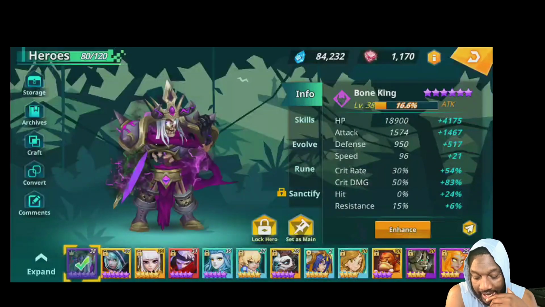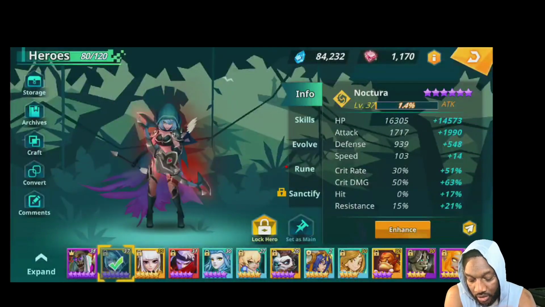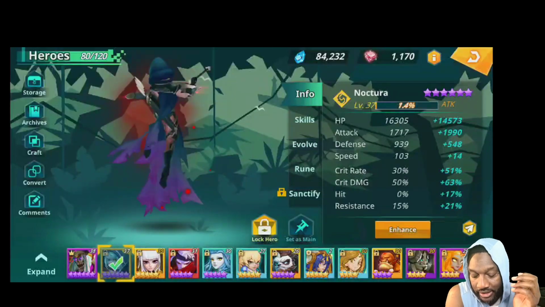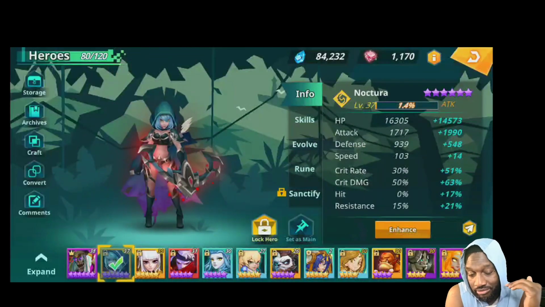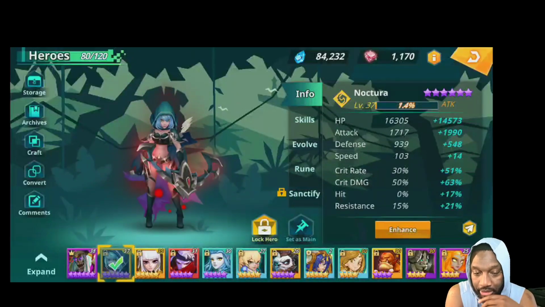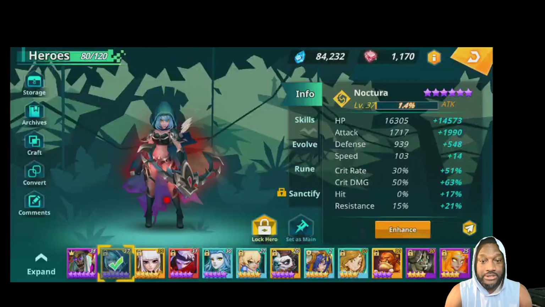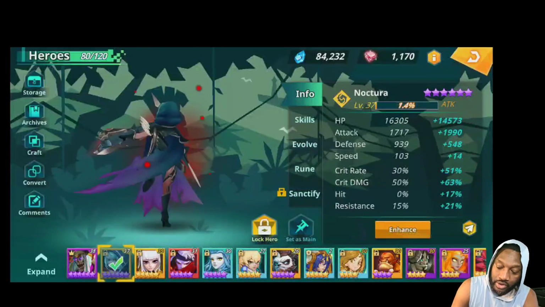Progression wise, I got the Bone King, of course. I'm using Noctura because her and the Bone King pair together is a damaging duo. If you need to figure out what to put with the Bone King, if you get a Noctura or any significant damage dealer out there, definitely pair them with the Bone King. It will make going through waves a breeze. I'm actually just running a 3-man comp because I want to level them up. So I'm running Noctura, Bone King, and